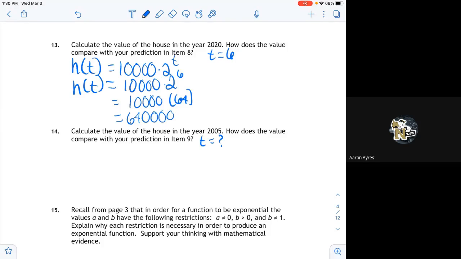Go ahead and converse it back. That's fine. You can work on it together. No problem with that. I suggest you figure out what your T value is first, and then you can plug it into your equation. And calculators are absolutely allowed. So you can use your calculators to figure this stuff out.